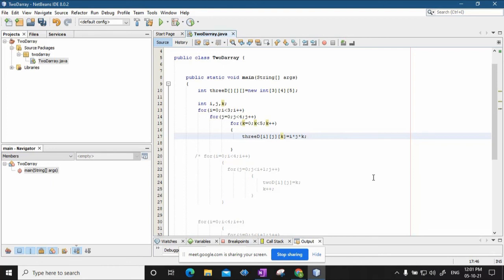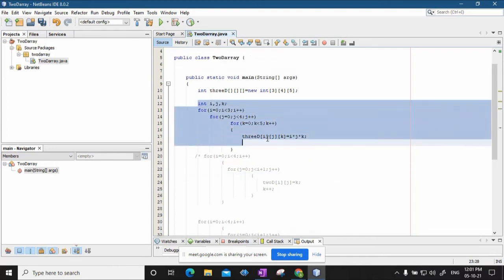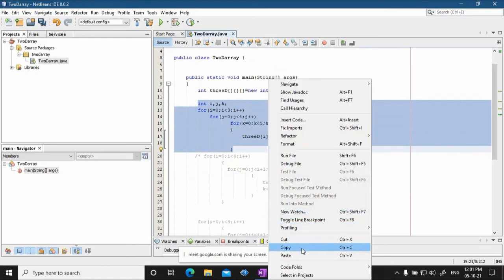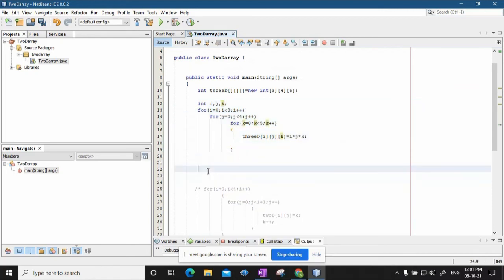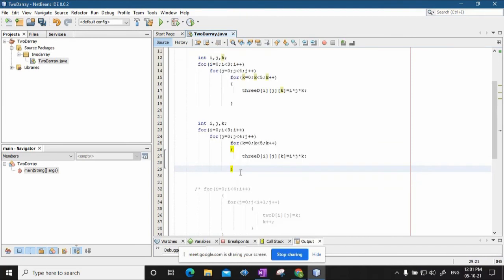Okay, this is how I have created an array, and I will now print that array. So I will copy the same code. I am printing the array now. Again, I don't want to declare i, j, k, so I will just say for i equal to 0, i less than 3, i plus plus, j equal to 0.